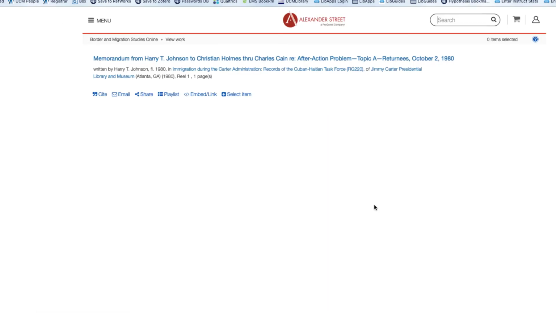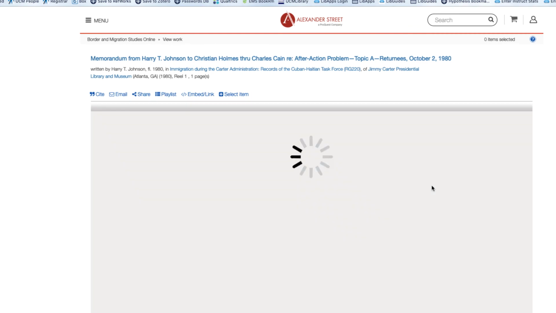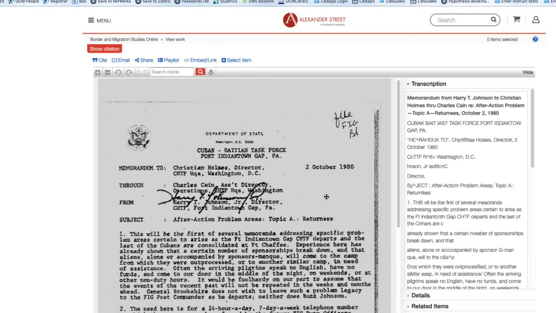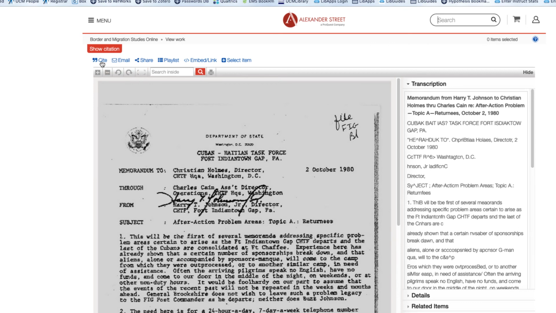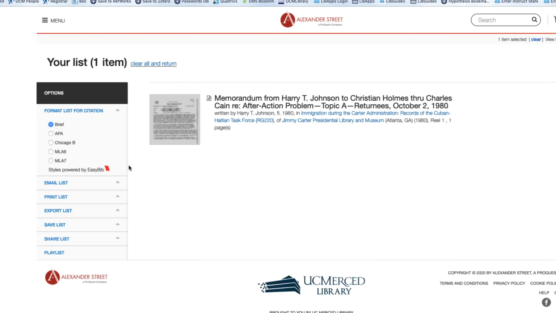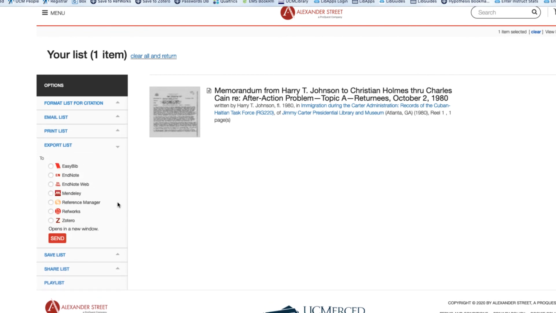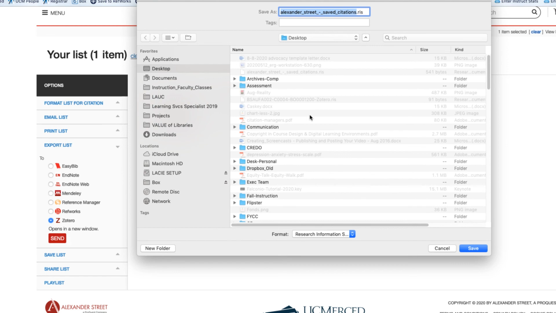So I'm kind of speaking less and less about these collections as we go along, but one thing that's nice about this collection as well is when you cite or click Cite, which is under that red Show Citation tab, they do have an option under Export List to send over to Zotero. And again, there's more details about these types of processes in the Zotero recording. Their export gives you an RIS file which can be brought into Zotero. I am going to save this onto my desktop,